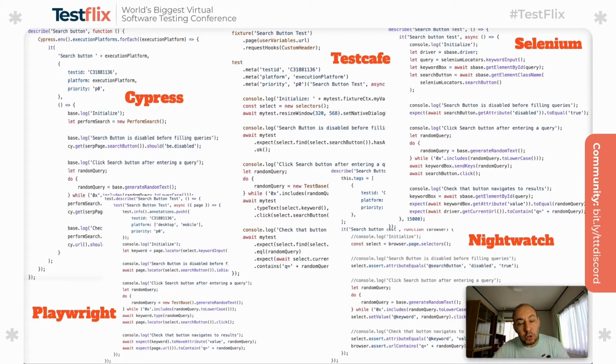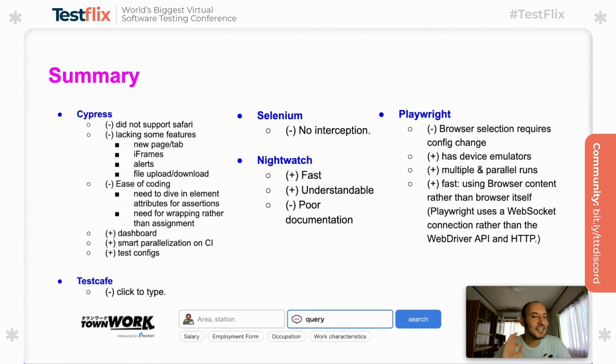And I collected several metrics after doing this experiment, and eventually I highlighted the strengths and the weaknesses of each option. For example, some of them were really very lightweight and fast, but some of them were missing some feature support, especially the corner cases. Like maybe whenever you have some pop-up windows, alerts, or drop-down menu items, or maybe whenever you open a new tab, or whenever you jump to a different domain, which is like cross-domain issues. Some of them were struggling. So eventually, I collected all the strengths and weaknesses, and I made my choice.